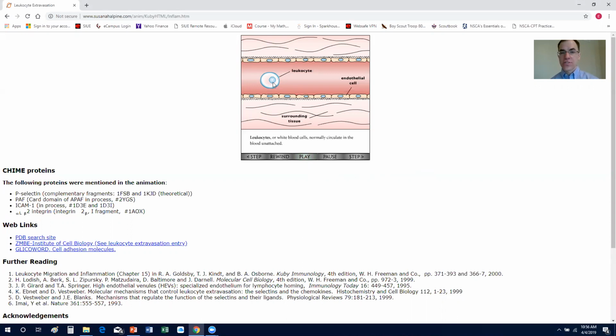So we have a leukocyte here, which is just another name for a monocyte. And here's the coronary artery, the blood vessel, the lumen. And here we have the intima of the coronary artery. This bacterial infection, just think of this as the LDL that's going to then cause inflammation of the tissue. So that's going to trigger the rolling and the sticking of the monocyte, and then that's going to then bring